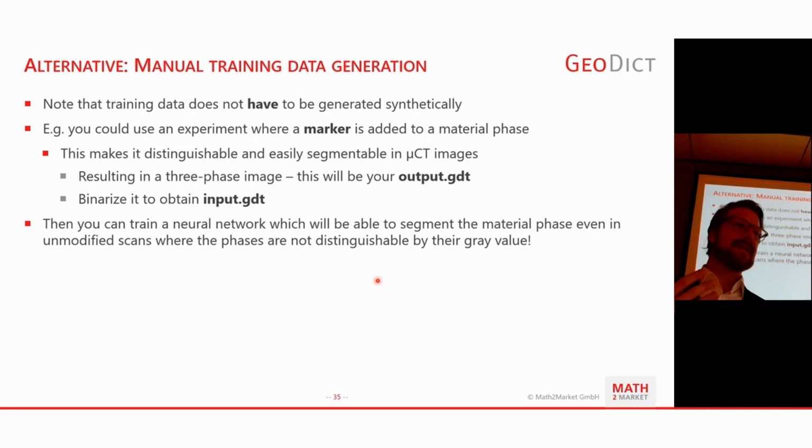So basically you end up with a material which looks like your production material, but you happen to be able to add a contrast agent to one of your phases, maybe to the binder material, and you have, even if you have only a small number of these images where you can easily segment with traditional means these three material phases, void, fibers, binder, say, then you can